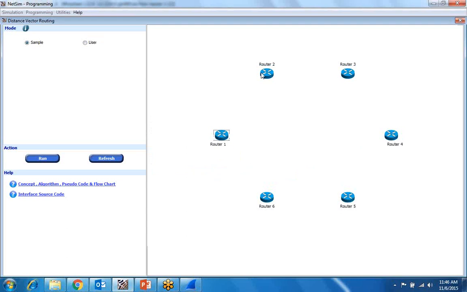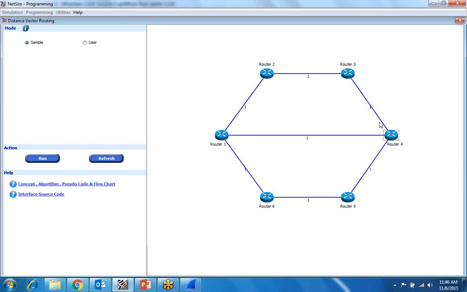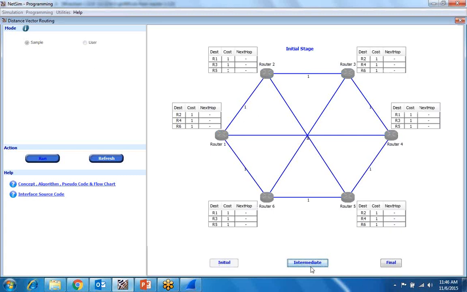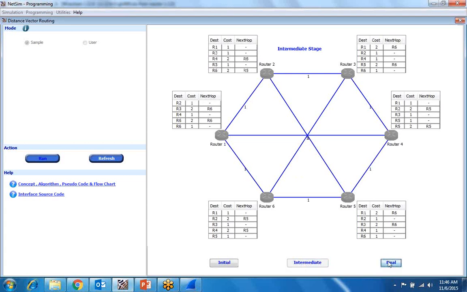Now we just connect these routers and run our program. Here you can see the initial stage of the router, then the intermediate stage, then the final stage. So this execution is according to the program given.